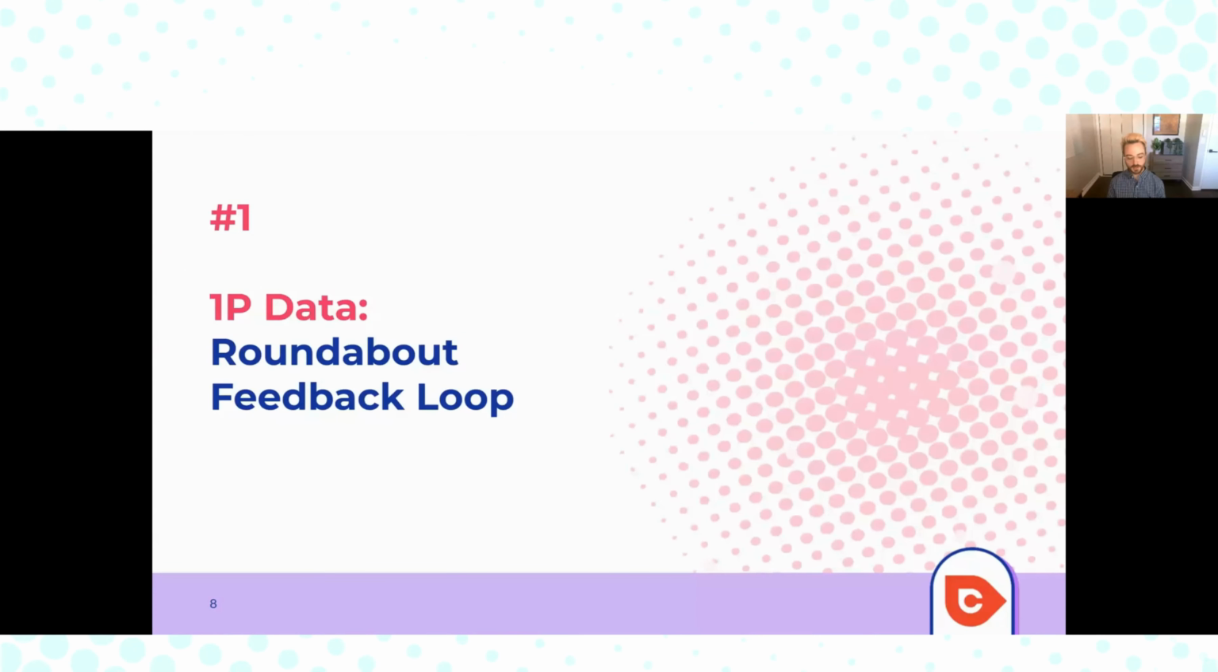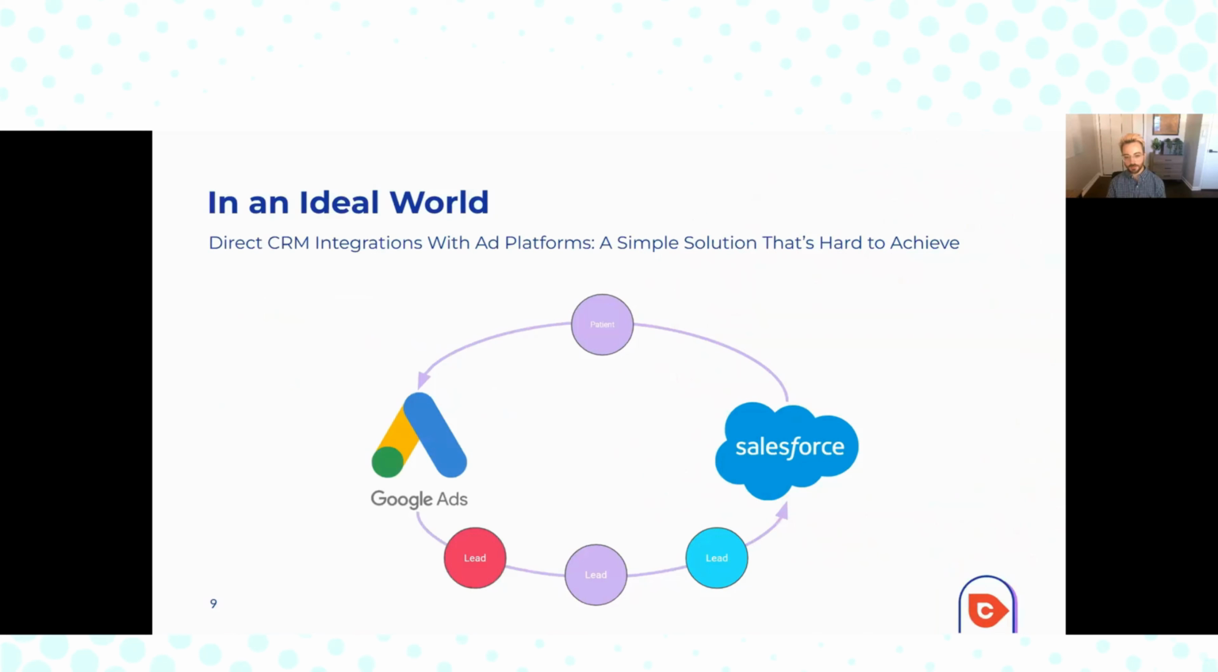With all that said, let's go ahead and get into the first way to use first-party data, and that is going to be what I call a roundabout feedback loop. So let me kind of show you what I mean by that. This is meant to show you, in an ideal world, if we had everything that we wanted,